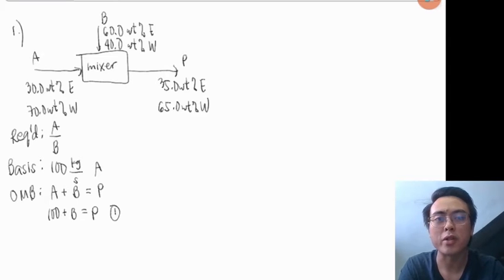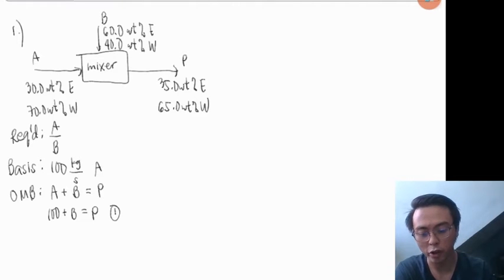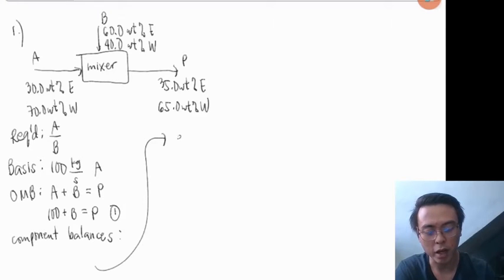I have also mentioned earlier that to make calculations simpler, you have to look for a tie component. In this case, we don't have a tie component because out of your two components, ethanol and water, both are entering from two streams and exiting from one stream. Therefore, there's no tie component. So it will not matter whatever component you choose for your component balance. Let's use ethanol. So if we performed an ethanol balance,